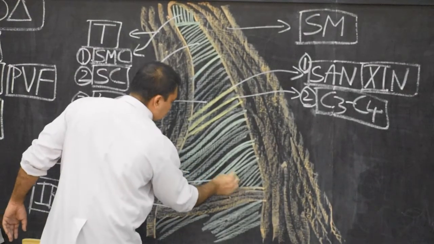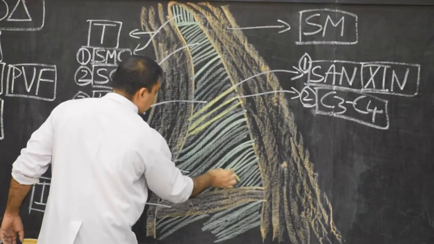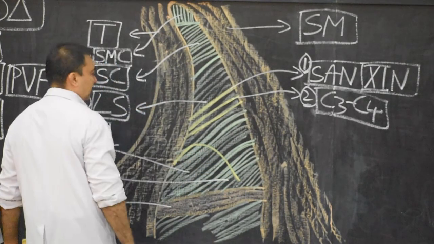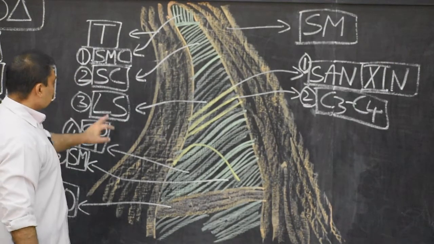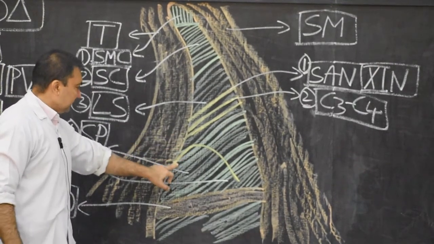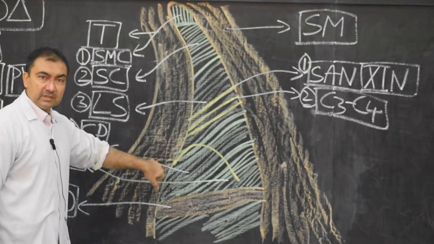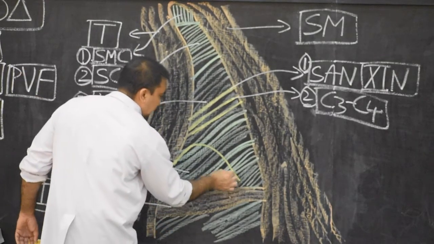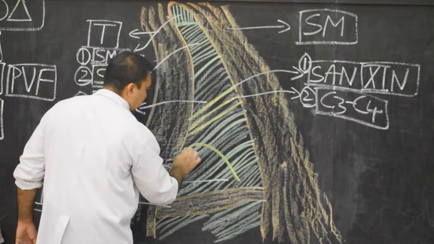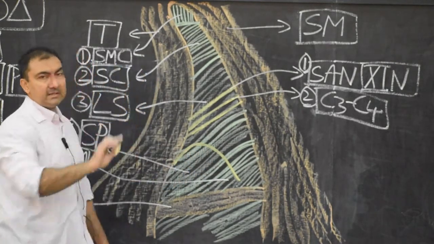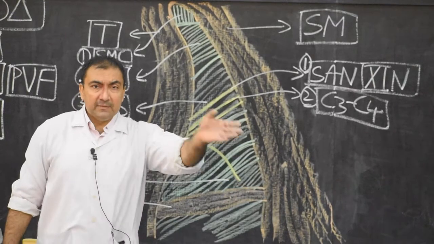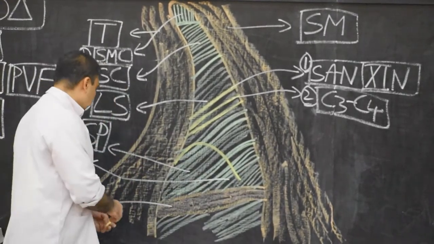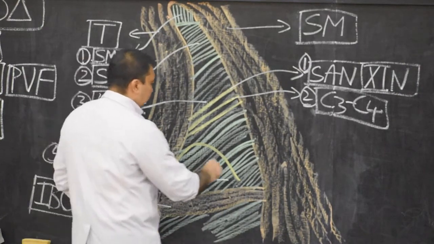So it is going to pierce scalenus medius. After piercing, it will curve around posteriorly, and again it will pass beneath the levator scapulae muscle. So beneath the levator scapulae, it will pass deep to the levator scapulae muscle. The course will be, after piercing scalenus medius, curving around posteriorly, downwards, backwards, and beneath the levator scapulae. Deep to levator scapulae, it will supply the rhomboids. Therefore, the name of this nerve is dorsal scapular nerve.